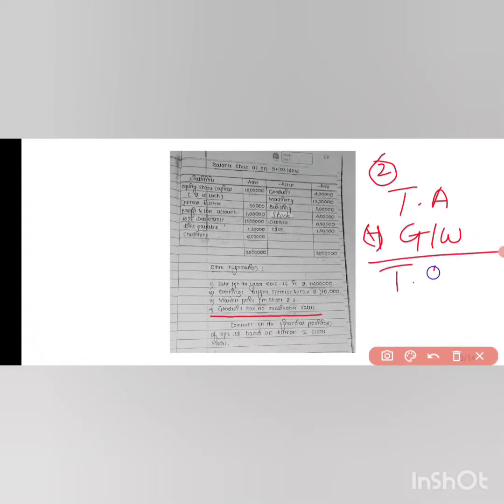One more method to calculate the total assets, that is the second. If they give information like this, see here, goodwill has no realizable value. If this kind of information is given regarding goodwill, then from the total asset we have to deduct the value of goodwill. Okay, we deduct the value of goodwill, then we get the total asset that we want. In this question, 30 lakh is our total asset. From this 30 lakh, if we deduct the 4 lakh, we will get 26 lakh as our total asset. This is the second method to calculate.